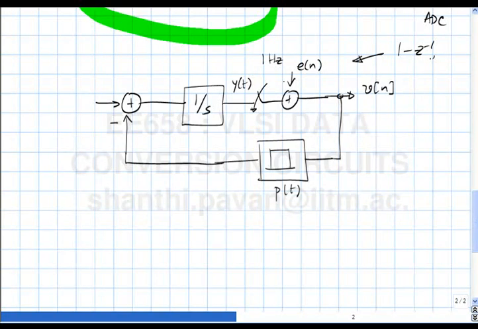Pulse shape of P(t) will change to what? Right now, what is the pulse shape? It's 0 to 1. Okay. All right. So if I now run the modulator at a rate of 100 hertz, what will happen to the pulse shape? It will become 1, and the time axis will become 0.01. Correct. So okay. And what else? Pardon? No. The pulse shape will still remain 1. What should I do to make sure that